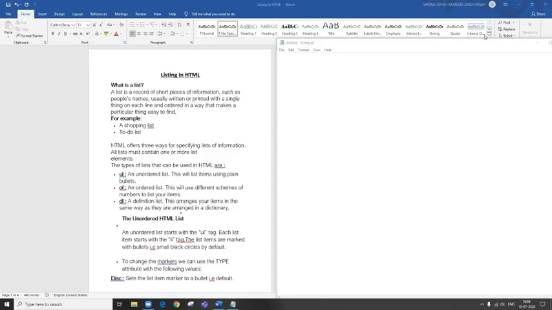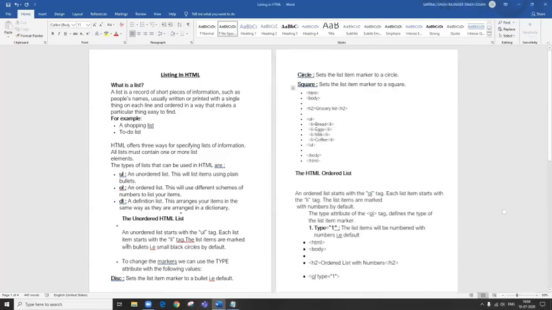So there are three types of bullets that we can have in an unordered list, children. One is disk, which by default sets the list item marker to a bullet. By default means whether you mention it or you do not mention it, there will be a disk as the list item marker.